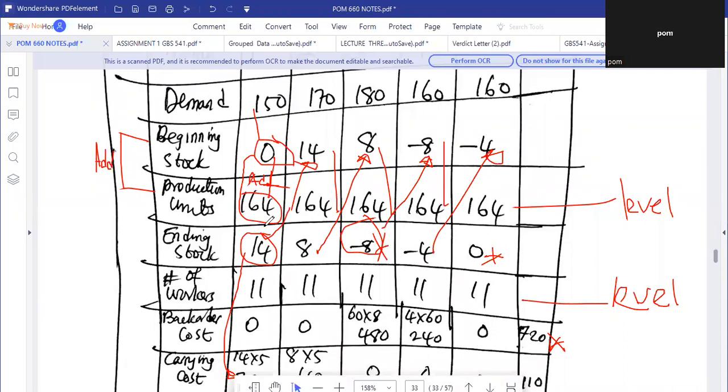Okay, so pure level. So ending cost, if you have a pen, you can write somewhere. It is just the beginning stock